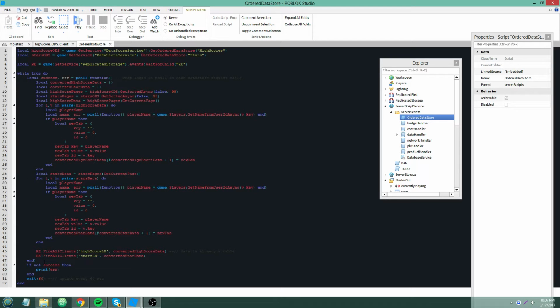Basically, success is true or false, I think, and if success is false, then it's going to give you this error message, and you can print it to see what happened. So it's mainly good for data store stuff, HTTP stuff, where there's a chance of something on the technical side of things going wrong, not necessarily your code. So that's pretty much what I use them for.